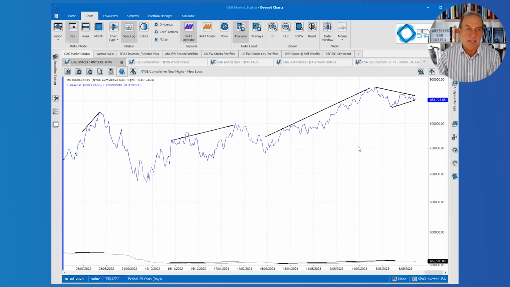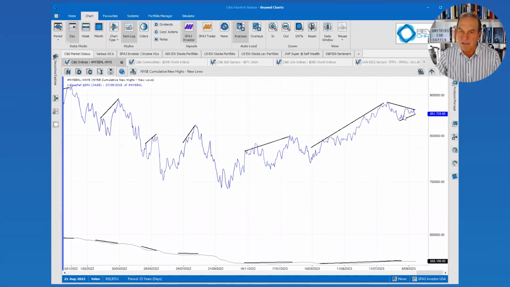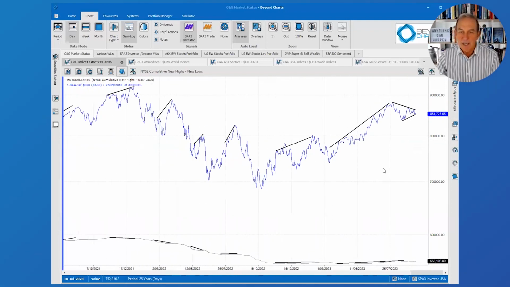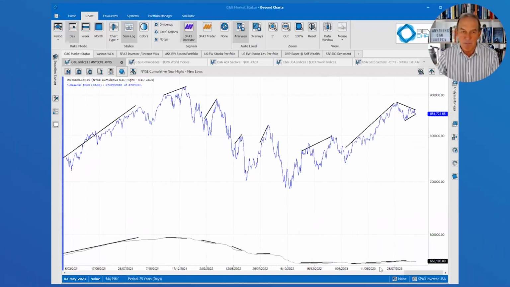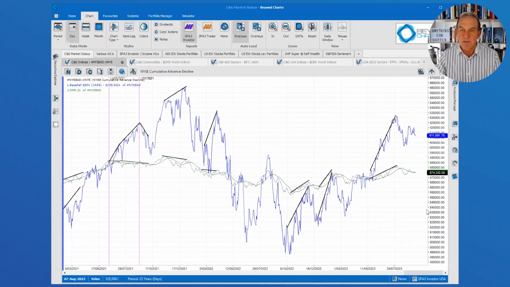Now, this is the cumulative new high, new low. A bit of the top over here is showing the symmetrical triangle on the S&P 500. That's what that blue line is. And we're not seeing a run up here in the breadth of market. It is rising on having more new cumulative highs than cumulative 52-week lows. So not negative there. That's all we can take away from that at the moment. And on the cumulative advance decline line, no negativity here. So I won't harp on about that too long.